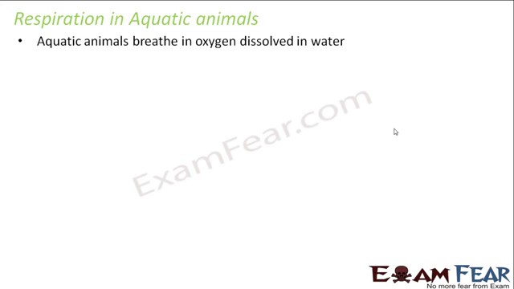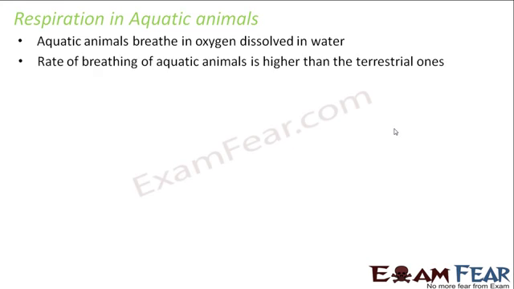Normally in the case of plants, what did we see? That they utilize oxygen or carbon dioxide present in the atmosphere, right? But aquatic animals, those who are living in water, need to utilize oxygen dissolved in water. So the rate of breathing of aquatic animals is higher than the terrestrial ones. Can you guess why? Because terrestrial animals, that means the animals which live on land, for example human beings,